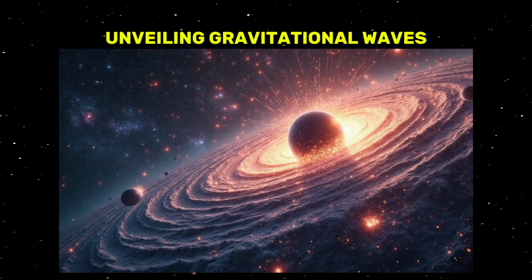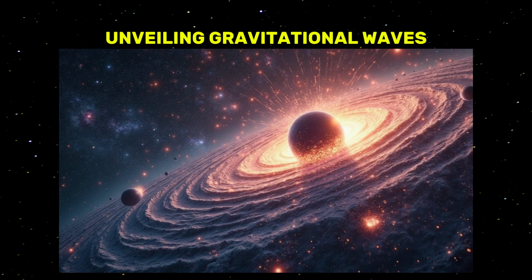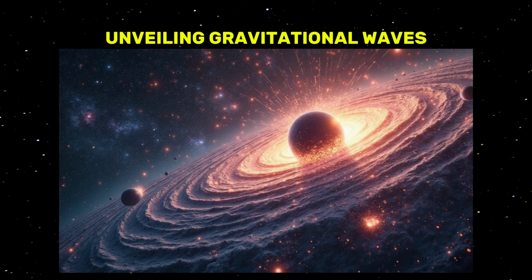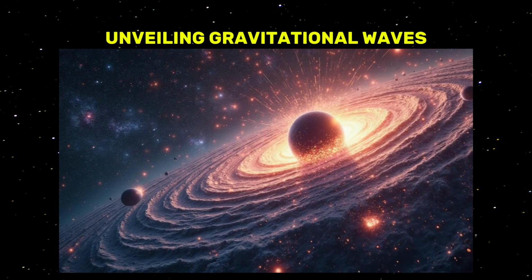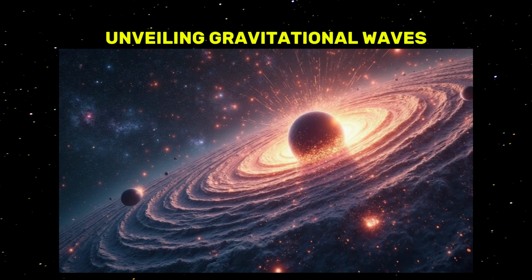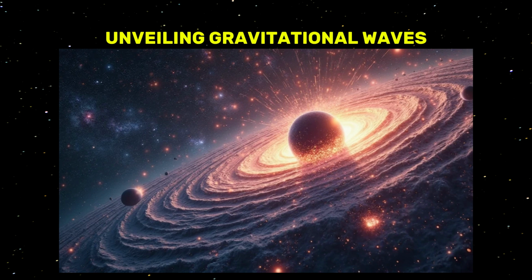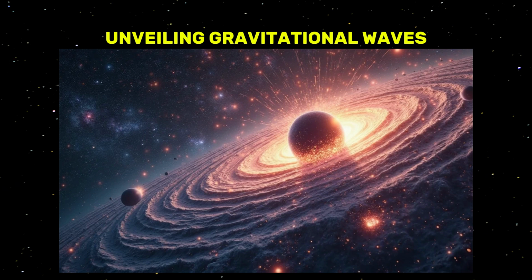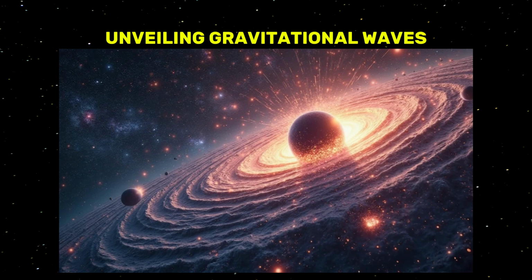By the time they arrive at Earth, the variations they cause are extraordinarily subtle, changes on the scale of 1,000th the diameter of a proton. LIGO's detectors operate by splitting a laser beam along two perpendicular paths and analyzing how those paths alter when a gravitational wave passes, slightly stretching or compressing spacetime. This level of precision is nothing short of breathtaking.